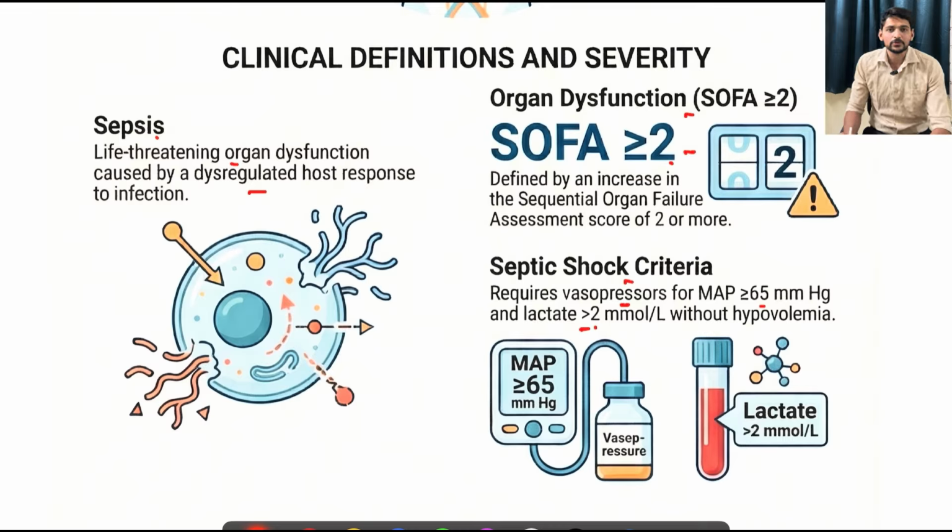Hope you got understood. So whenever you get the case of sepsis, first calculate mean arterial pressure. Hope you all know the formula for mean arterial pressure. So once if it is less than 65, and you will send serum lactate level meanwhile, if it is more than 2, even after the correction of hypovolemia, that is nothing but the initial fluid, if the individual still persistently having these parameters, we will consider the patient is in septic shock. So the definition should be clear.